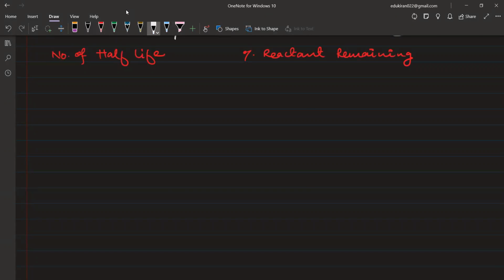Now, when we are in the first half-life, we have 100% of the reactant, and out of 100%, half of it reacts. How much percentage is remaining? Only 50% is remaining in the first half-life. Is this clear? I can also write this as 100% upon 2 to the power of 1 is equal to